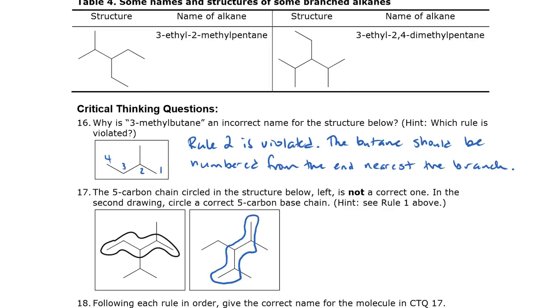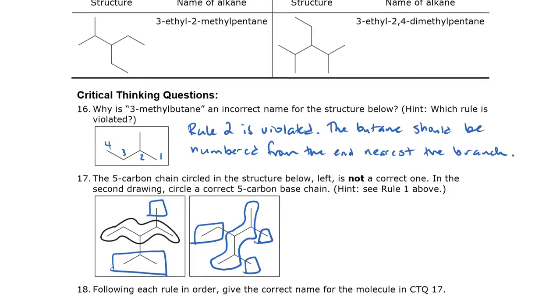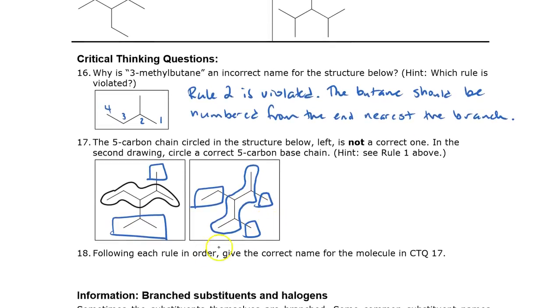Here's one correct answer. Notice that in this one that's incorrect, there are only 2 branches. I should use squares. There are only 2 branches. In the one that I've drawn, there are 3 branches. So if you have circled a chain that has 3 branches, like mine does, even if it's different, then you should just leave it the way that it is because it's perfectly fine. And now you can use the rules in order to give the correct name for the molecule, but make sure that you're using the box where you've circled the correct base chain. Pause now.